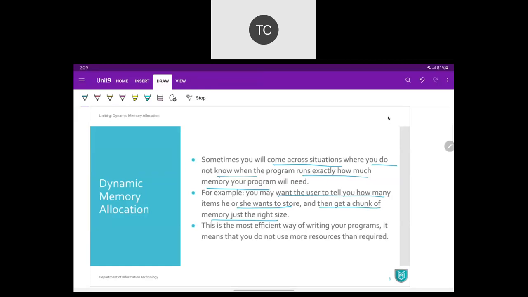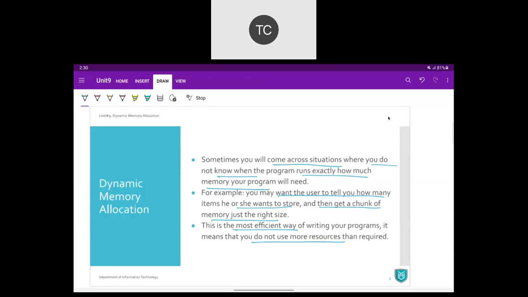We allocate that memory, whatever amount of memory we require. Only that amount of memory we are going to have allocated to us. And this is the way we can say this program goes a most efficient way, and it will not waste any of the memory in your system. So you do not use any more resources which is not required. And this is one example. Okay, this was just an example to make you understand why we need dynamic memory allocation.